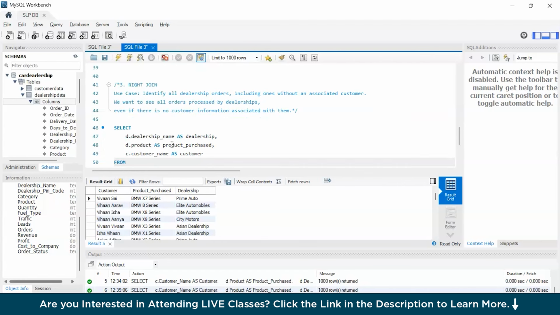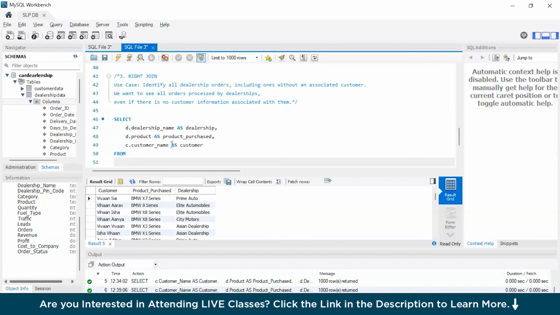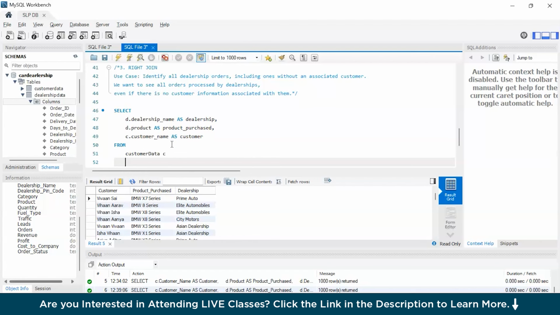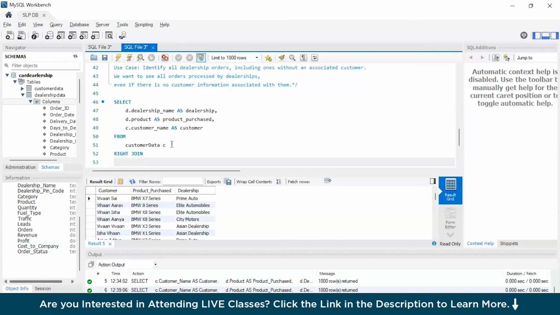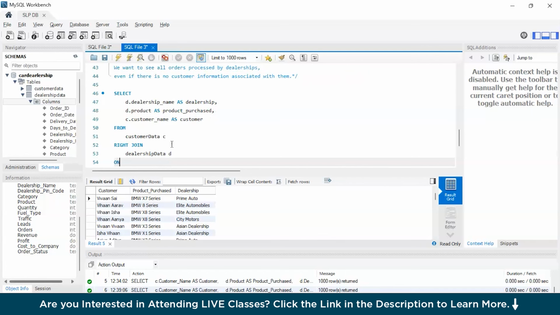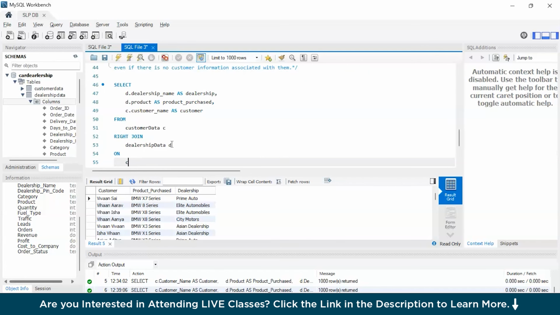from which table? It will be from the table customer data, and mention it as C, so that it is easier for us while writing the join query. Customer data C, and now we will be performing the join. Since we are specifically focusing on right join, use right join, and we are joining it with another table, which is dealership data, and mention it as D, and the condition is on which columns: C.order ID equals D.order ID,